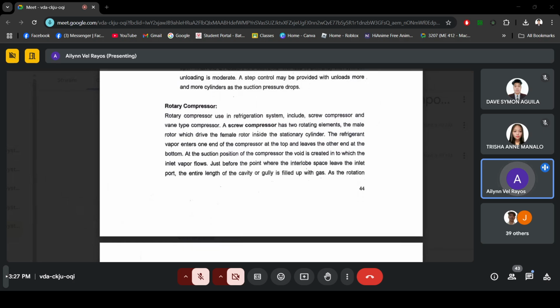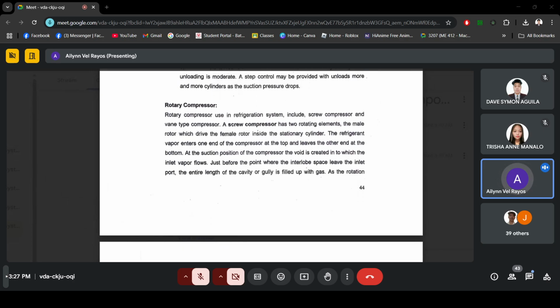Okay, so another type that we have here is the rotary compressor. This is used in refrigeration systems, which include screw and vane type compressors. Can you please continue reading this, Shane,